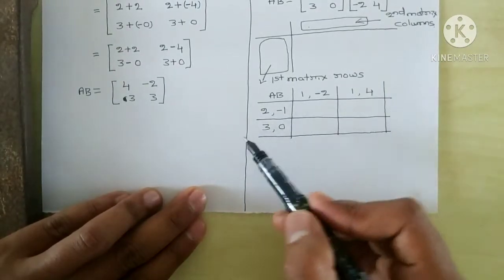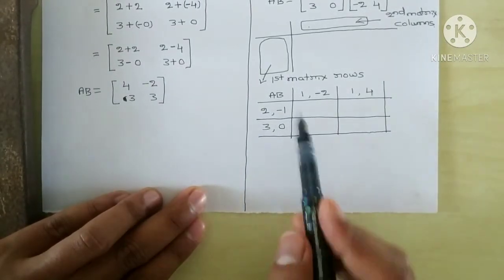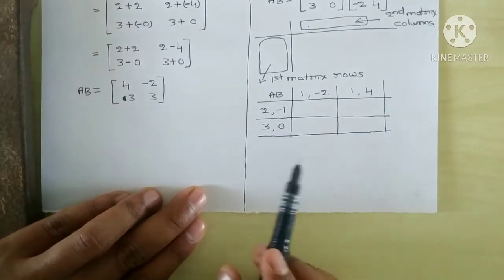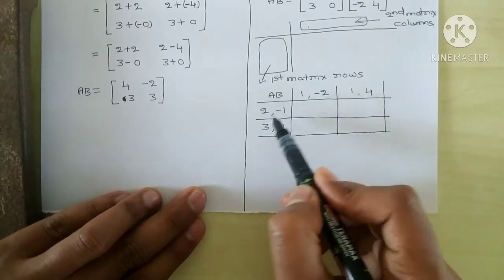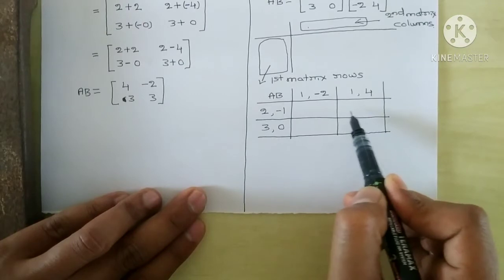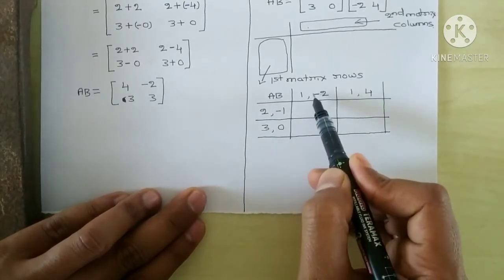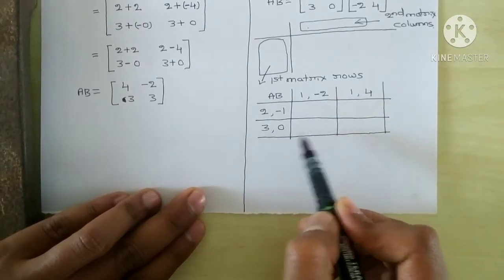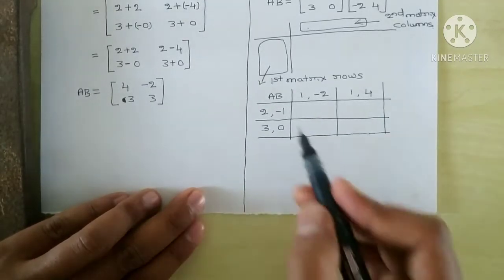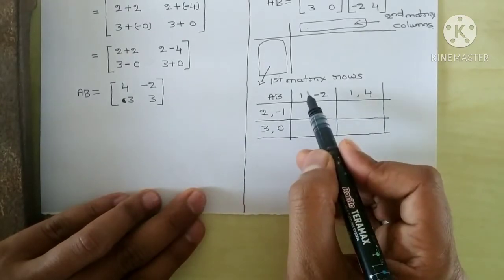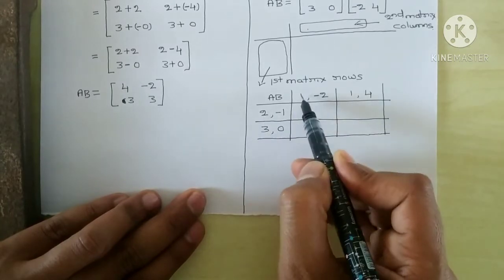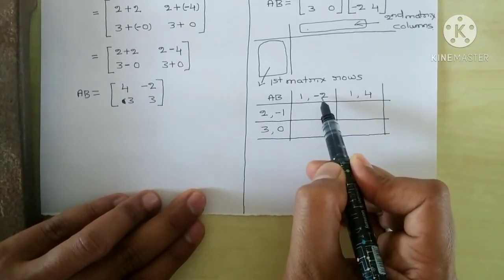So afterwards, you have to do the multiplication. Remember, while doing the multiplication, multiply the sign first, then multiply the values. See, these 2 you have to multiply, keep it here. These 2 you have to multiply, keep the answer here. Afterwards, these 2 you have to multiply, here you need to keep. Again, these 2 you have to multiply, answer here you have to keep it. So remember, while multiplying, first multiply the sign. See, always while multiplying, first element with first element, second element with second element.